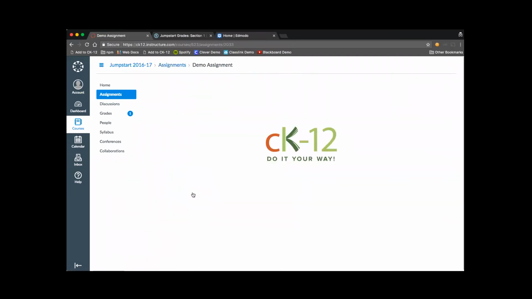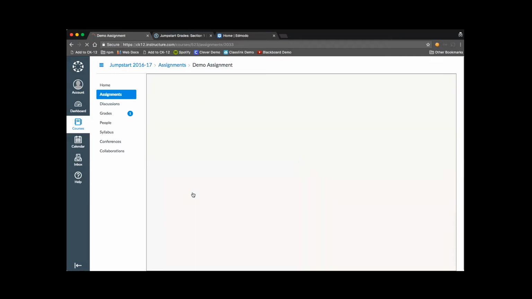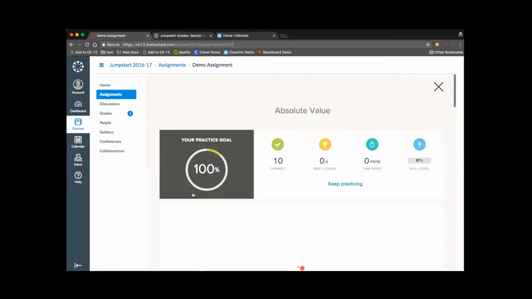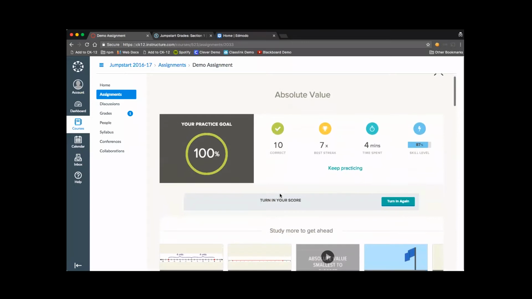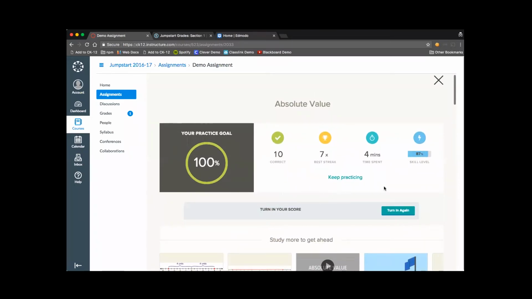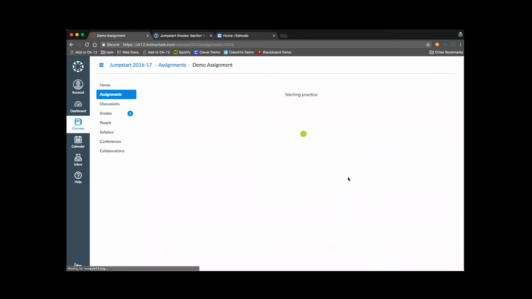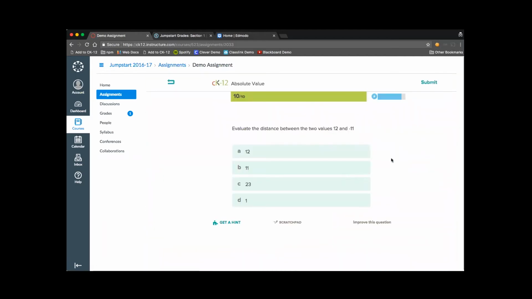And so this will launch the assignment. It's also doing an authentication, so it's signing the user in. Looks like this guy was already working on this, but I'm going to go ahead and just hit keep practicing for a second. So one thing I did want to clarify is that a lot of times we